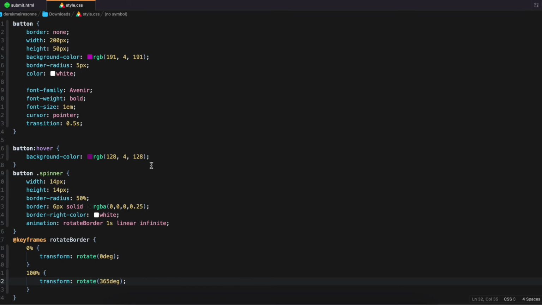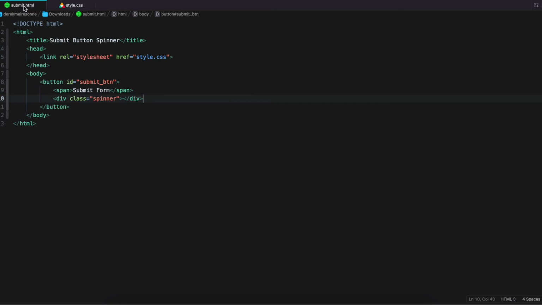Let's go ahead and take a look at what that looks like. Awesome. Now it's spinning. That looks super cool. But as you can see, it's kind of messed up. It's kind of stuck in here with the submit form text and the spinning rotating banner. So let's get into some of our other JavaScript and CSS to actually move this thing so that it's not right in the way. So let's go back to our HTML, and what we're going to do is start our